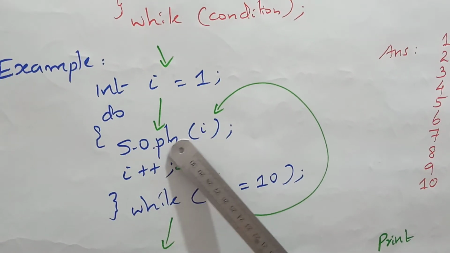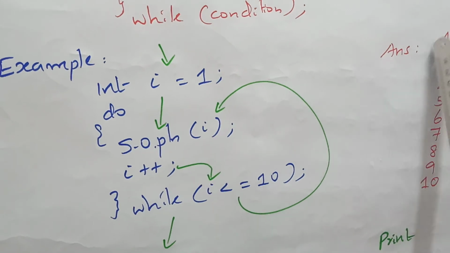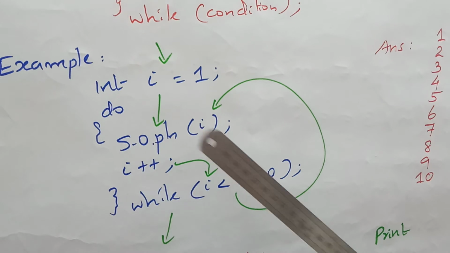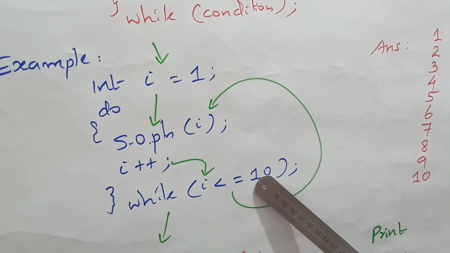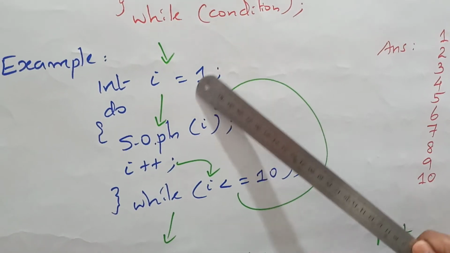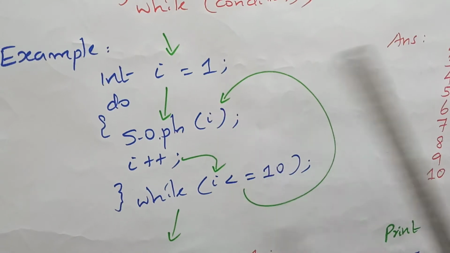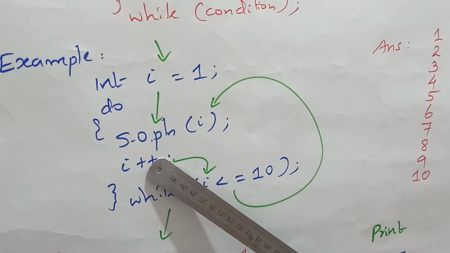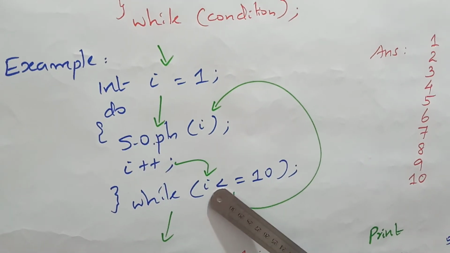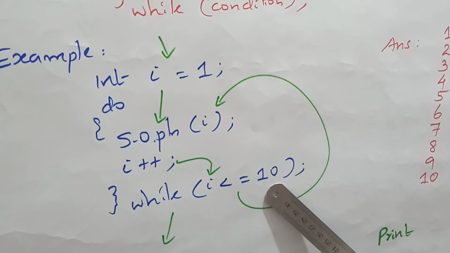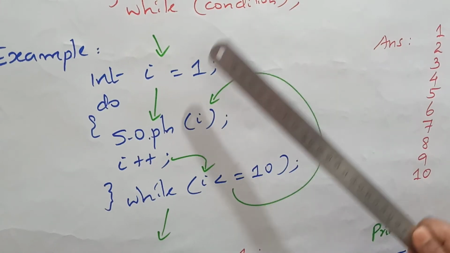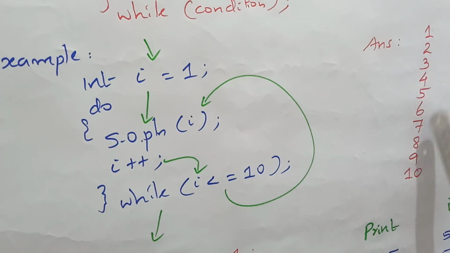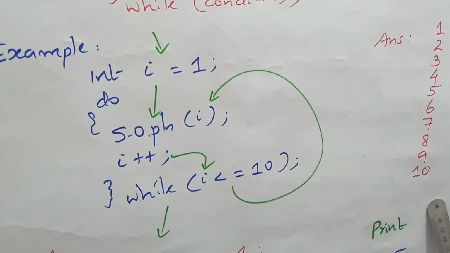Then you have to print System.out.print(i), so i will be printed. Now updation, what was that? i will become 2. Now see the condition, 2 less than or equal to 10. Yes. Then we go to the SOP, then print i, 2 will be printed. Then again the updation will be here. Now 2 will become 3. Then checking the condition, 3 less than or equal to 10. Yes. Then again the SOP, i has to be printed, 3 will be printed. So in this way you get the natural numbers.